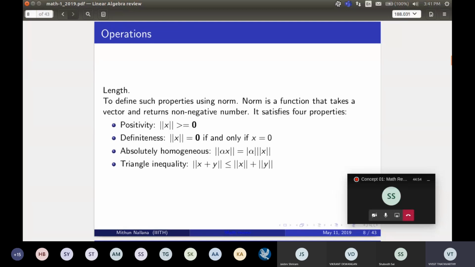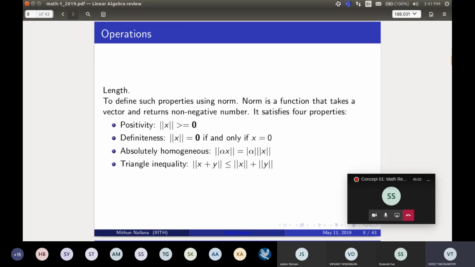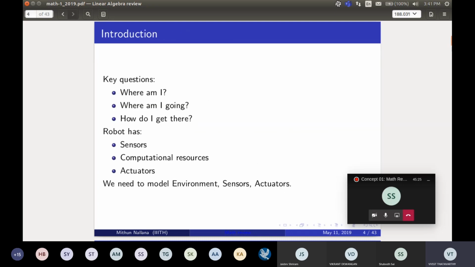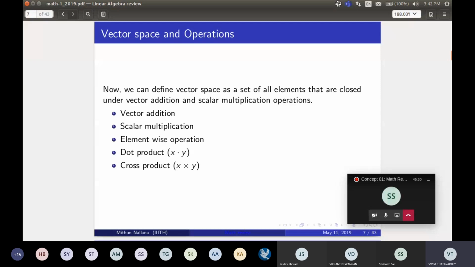What other things can we see from these vectors? For example, we have x1, x2, x3, and so on till xm. This is a vector. How do you define the length of a vector? If you are visualizing -6, 3 as a vector, the length of that vector is given by root over (-6) whole square plus 3 square. That is how you define it in general in 2D coordinate geometry. The same thing applies here also. You can do root over x1 square plus x2 square and so on till xm square. So that gives you the length of the vector.